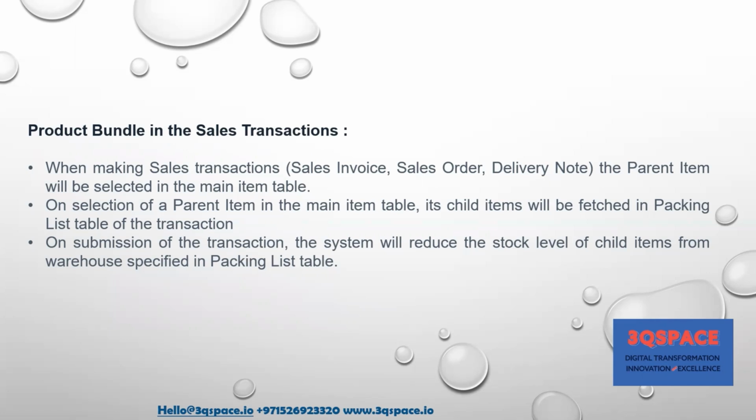Now, there is a whole lot of process that has to be followed on ERPNext from the time that a client gives us an order until we deliver that item to the customer. The process goes as follows: once we make the product bundle, after that we make a quotation for the order that has been received. After that we make a sales order, followed by purchase order, purchase invoice, delivery note, and finally sales invoice. Once all of this has been completed, we can move to the stock ledger, where we get an updated view of what has been sent out from our stock and what remains in our stock.